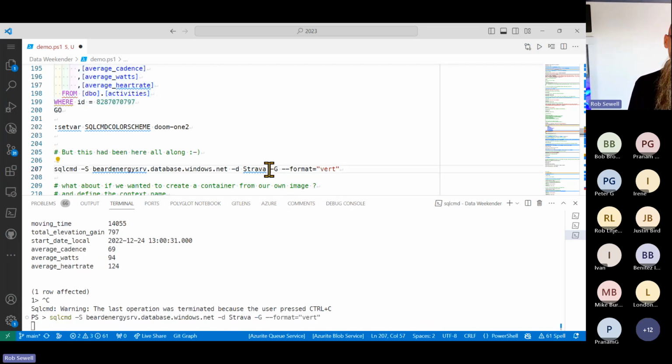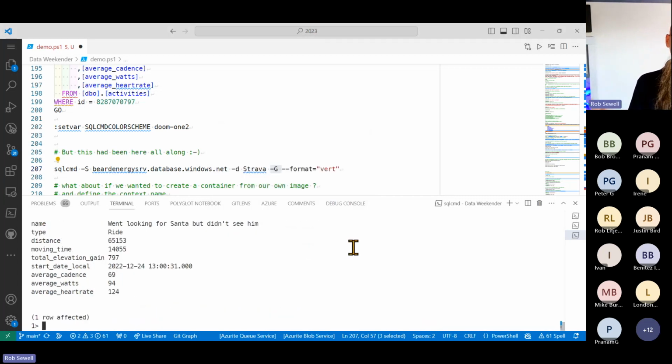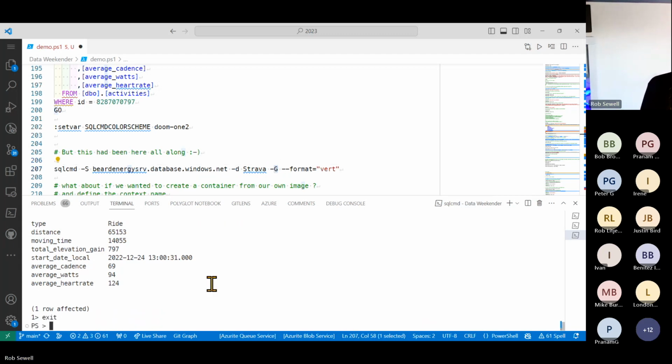If we just use this -G, as long as we had got ourselves logged in with AZ CLI, we were already logged in. We could already just use this -G and we were able to just get in. So that's brilliant. We've now used SQL CMD to spin up a container for something we were running on a